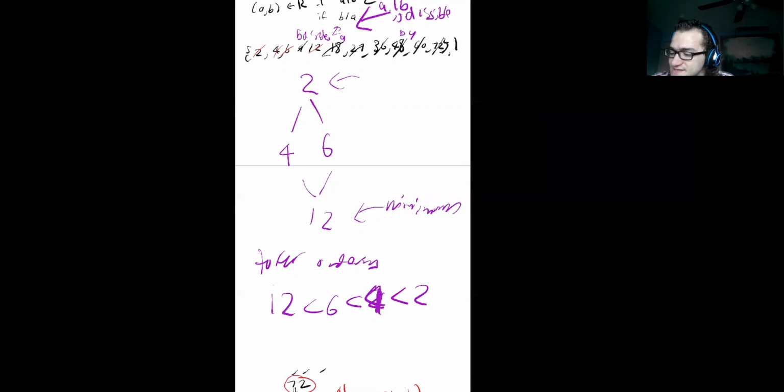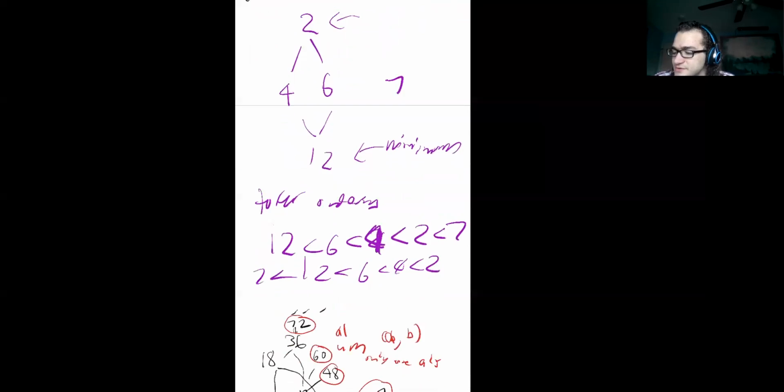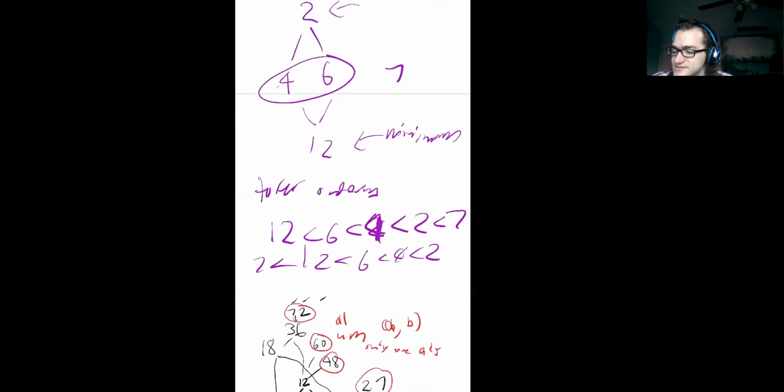If I added this other element, 7, it doesn't relate to anything. I could have 7 at the beginning. I could have 7 at the end of my total order. I could also switch up the order of 4 and 6, since I can't compare them, so they look the same to me in terms of how they're ordered. So I could say maybe I have 12 is less than 4 is less than 6 is less than 7